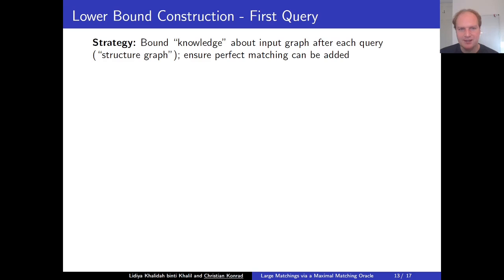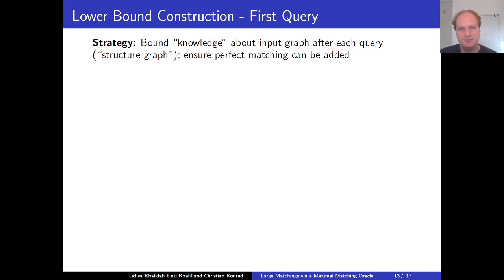So our lower bound construction, the idea is the following. We will bound the knowledge about the input graph that the player could obtain after each query. This is captured by a structure that we call a structure graph. And we always ensure that the knowledge about the input graph is such that we could potentially add a perfect matching to this specific structure to make sure that the input graph has a large matching that the